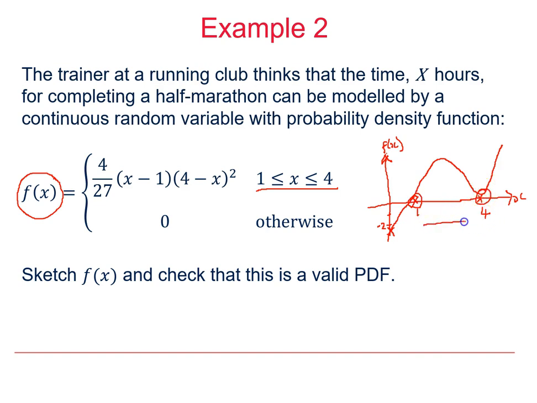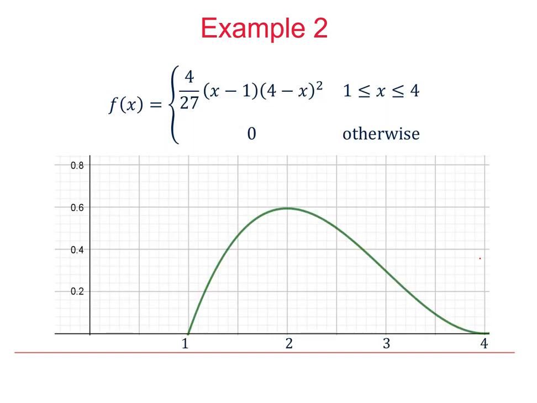And we are only going to be interested in that portion of the curve between x equals 1 and x equals 4. And here's a much neater version of that, just simply looking at the part of the graph that we are interested in. So this is our probability density function. We need to do the checklist. So certainly that function is above or on the horizontal axis, so is greater than or equal to 0. So that condition definitely is